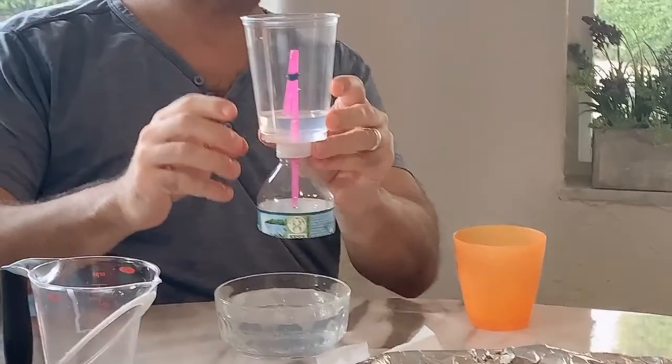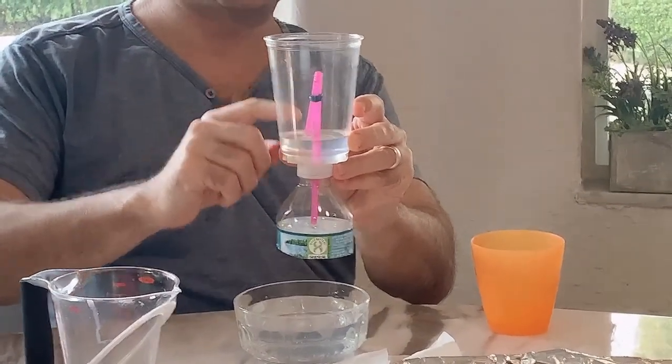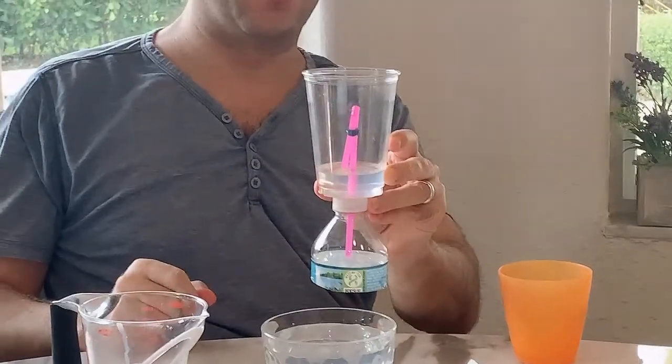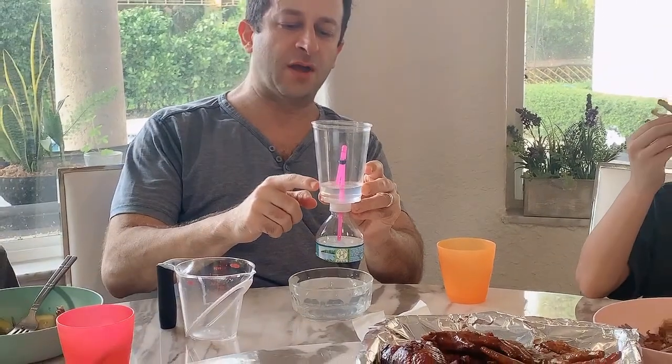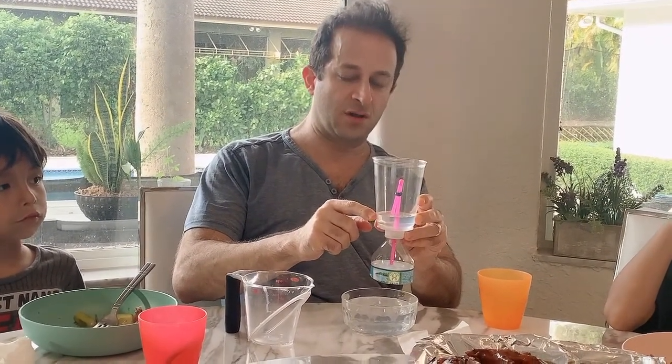So the very important principle is the water does not start to come out the straw until the level is over the bend in the straw. But once it starts going, it will keep going until it gets down to the opening of the straw in the cup, which seems to be kind of a paradox. Why does it take all the way up here to start, but then it doesn't stop until it gets all the way down here? Well,